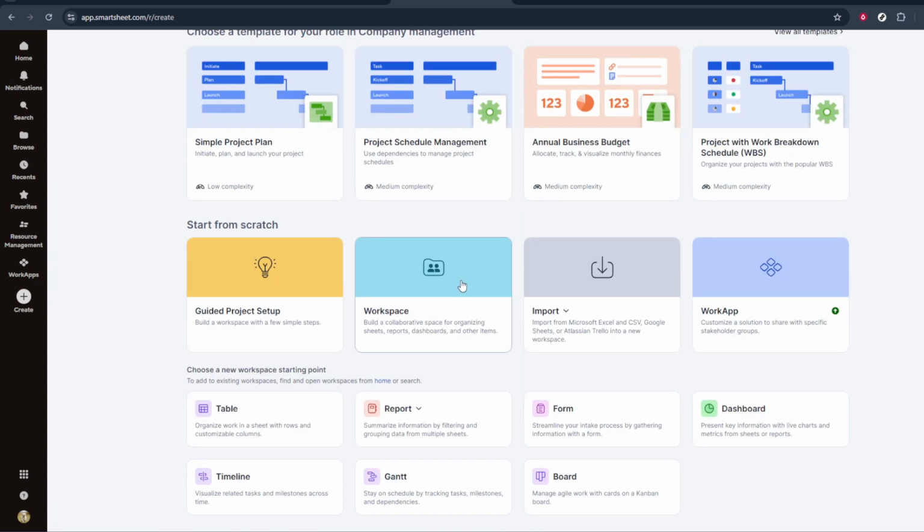If you don't see the sidebar at first, it might be collapsed. In that case, move your mouse to the far left edge of the screen and look for a small arrow or icon that lets you expand the panel. Once that's open, the plus sign or create option should be visible. That's all there is to the initial step of creating a new project in Smartsheet. Log in, locate the left sidebar, and click the plus sign or